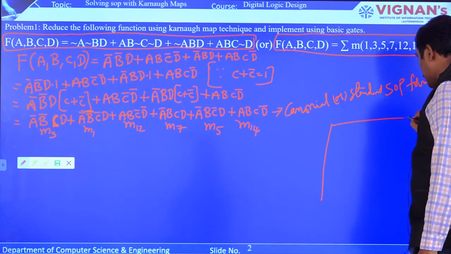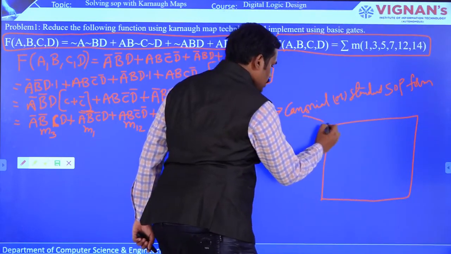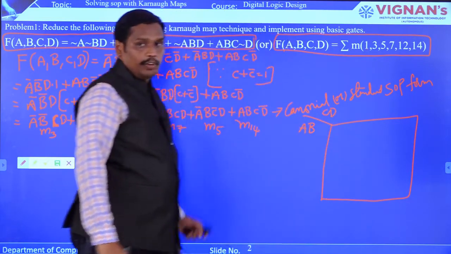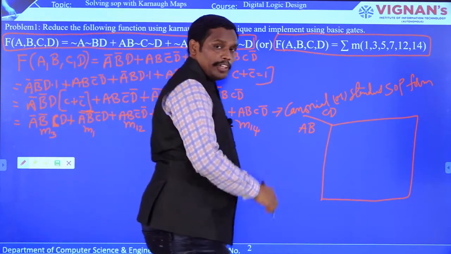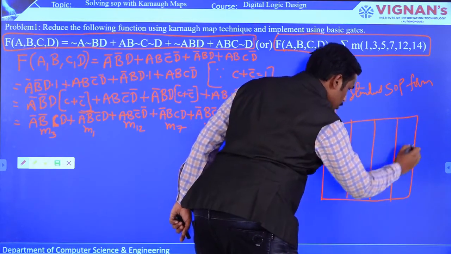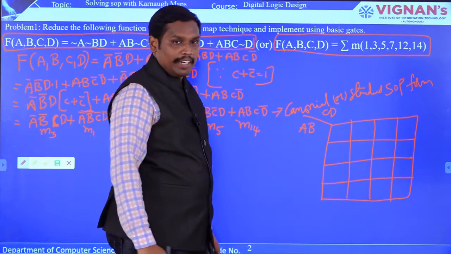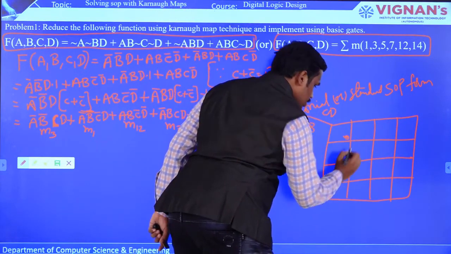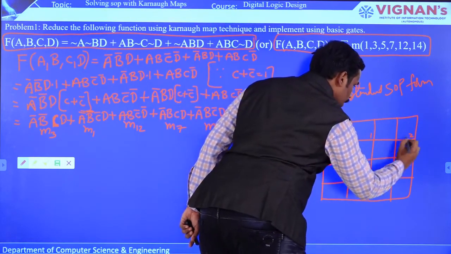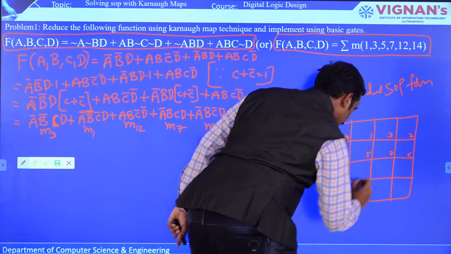So I hope that the rules are very clear. So Karnaugh map for 4 variable map, so here you can see that A, B and C, D are the 4 variables that are there in the expression. So we are going to construct a Karnaugh map with 4 variables. So how many cells will there be? 16 cells, right? So for those 16 cells, you can have a numbering like the first one will be 0, that is min term 0. We can also represent it with M0, or 1, and then 2, and then 3, and then 4, and then 5, and then 6, and then 7, and then 8.